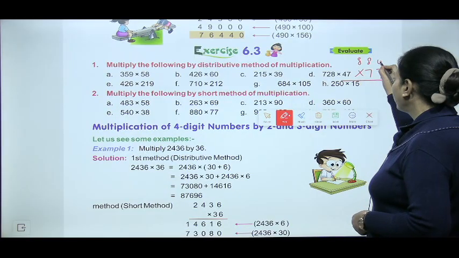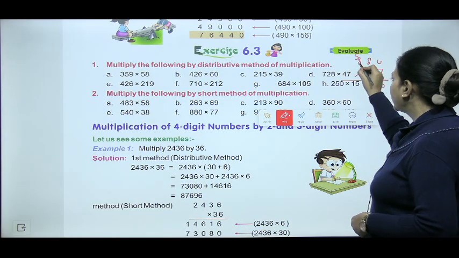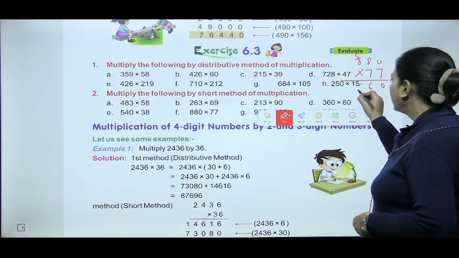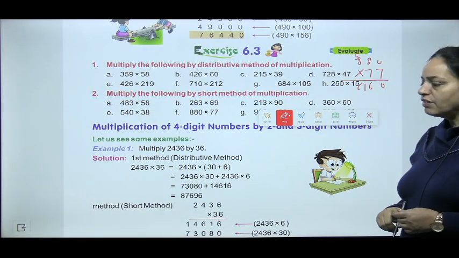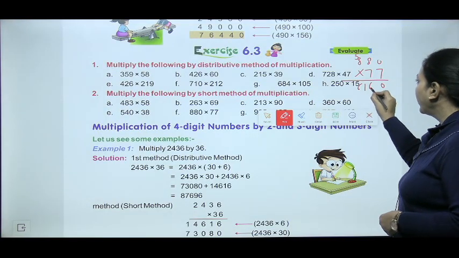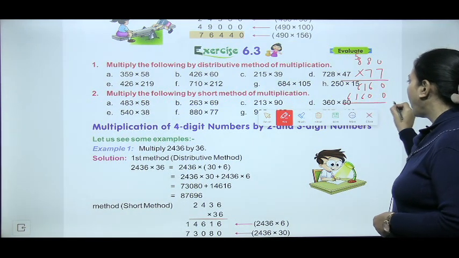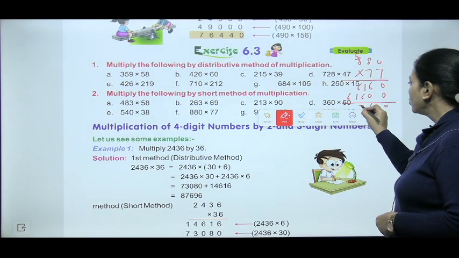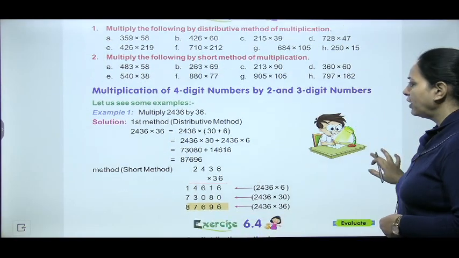First multiply by ones digit 7. 7 zeros are 0, 7 eights are 56, 5 carry, 7 eights are 56 plus 5, 61. Now multiply by tens digit, which is again 7. So write here 1 0. Now you will get 7 zeros are 0, 6 1 6. Now add. So this is the answer. Similarly, you can try remaining parts.